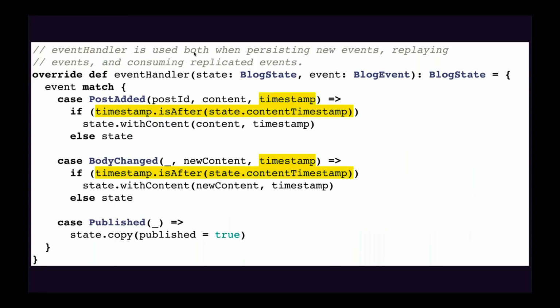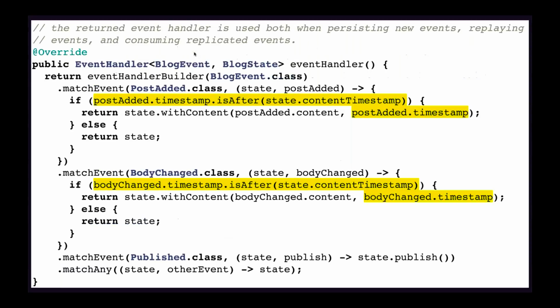So there is this capability provided with the replicated entity where the event handler is processing the incoming events, and it looks at the timestamp of its state and compares that timestamp to the timestamp of the incoming event. If the event is newer than the current state, then it accepts the event. If it's not, it ignores that event. So it's a last-writer-wins kind of implementation. Here's a Java version of that same thing. The documentation has Scala versions and Java versions already in it.